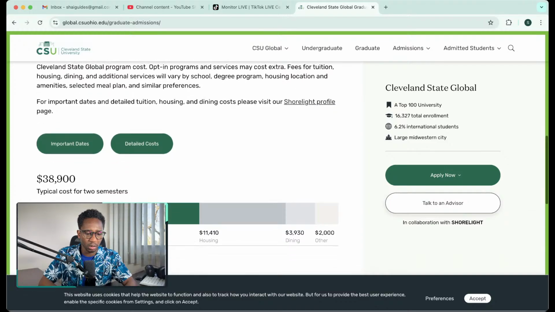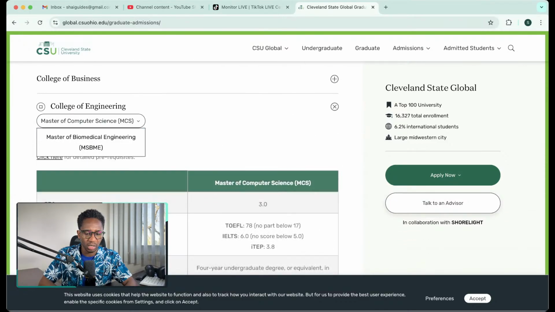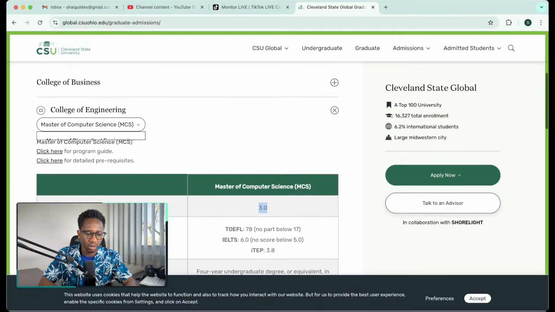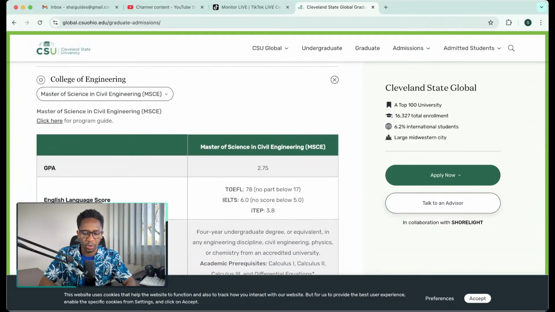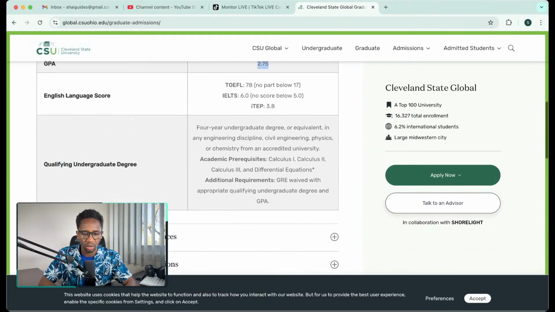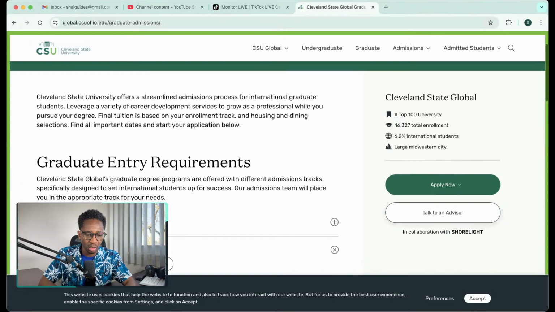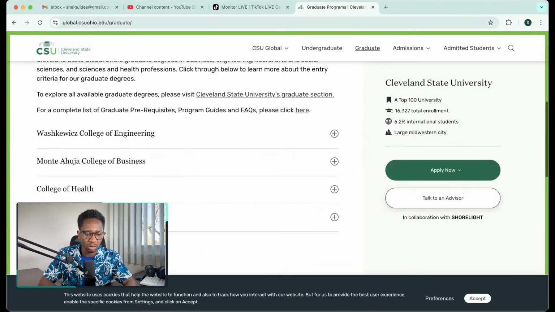Let's say engineering, and then let's select a degree. Let's say computer science. So computer science requires 3.0, right? Let's check civil engineering. Civil engineering requires 2.75, right? So that's good to see. So that is another school. If you have a low GPA, you can consider it. But I want to check the funding as well. So let's go to